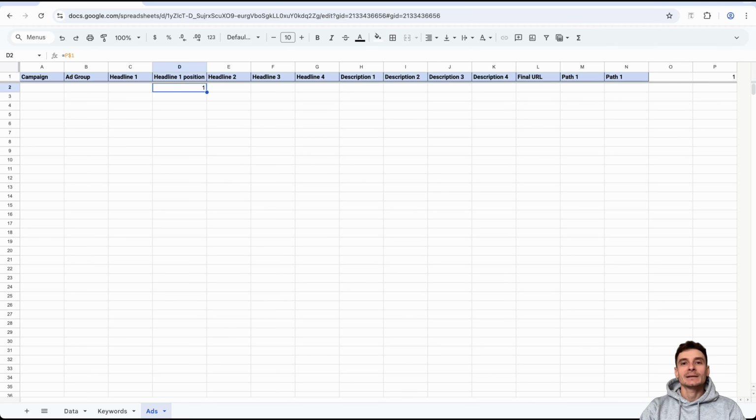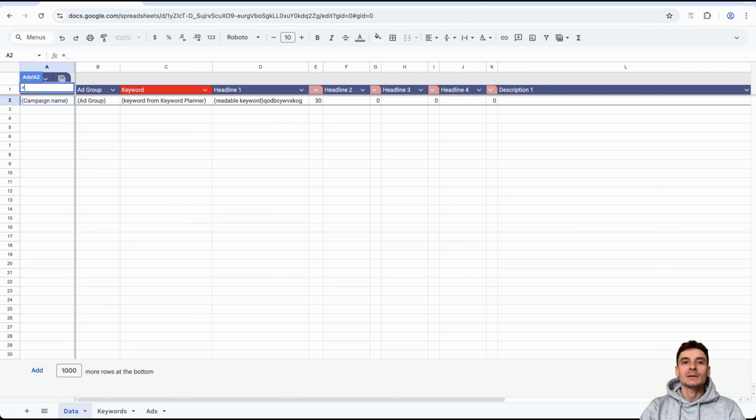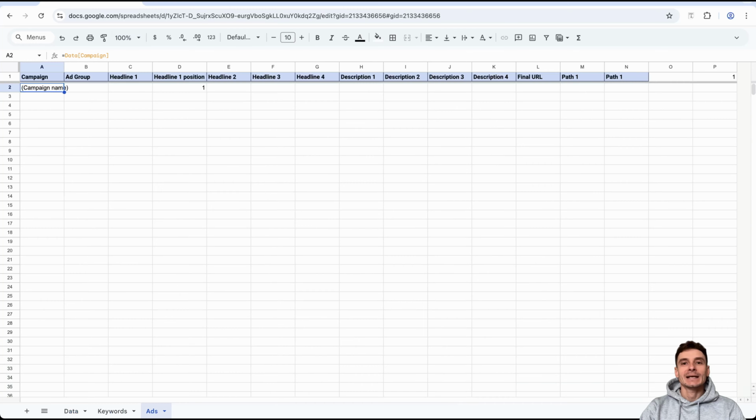We're almost done. The only thing left is to link the cells on the ad sheet to the corresponding cells on the data sheet. Let's do this quickly. In the cell right under campaign on the ads sheet, type an equals sign, switch to the data sheet, click the corresponding campaign cell and press enter. For the rest, I'll go a bit faster and without commentary. Ad group,